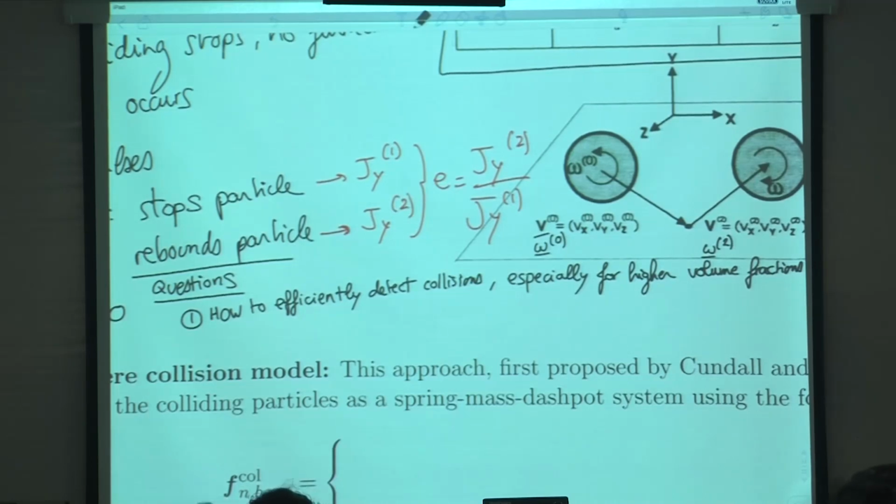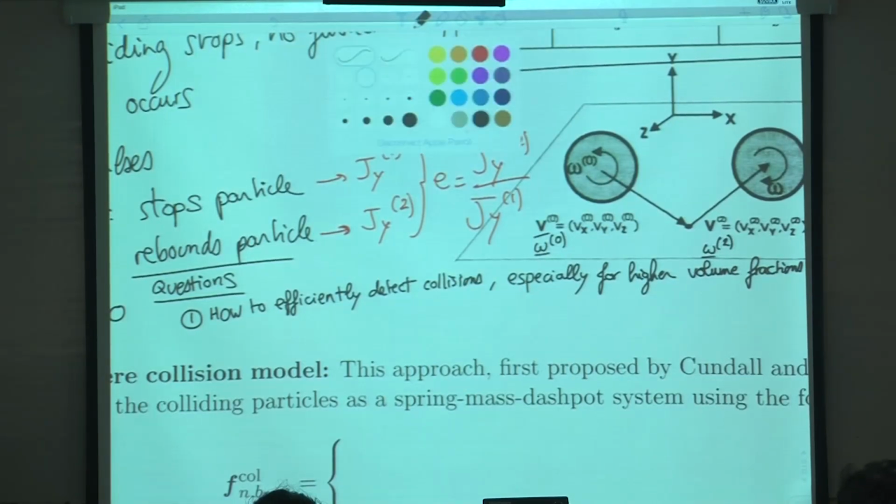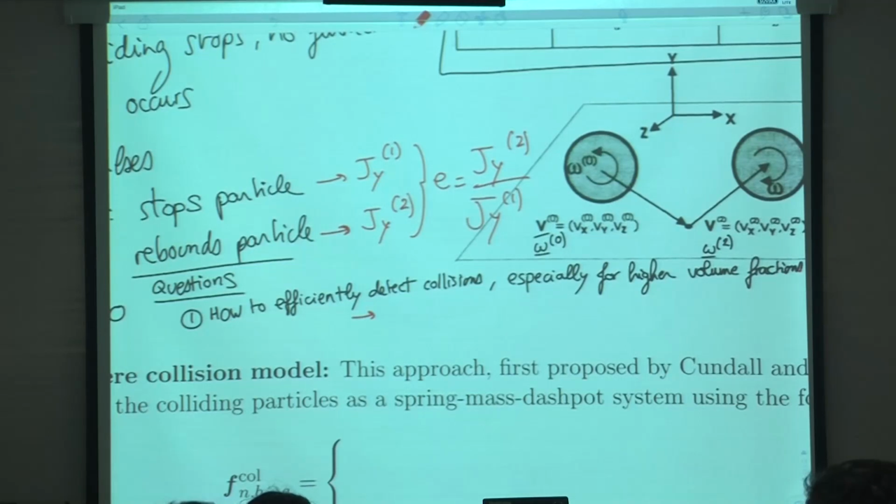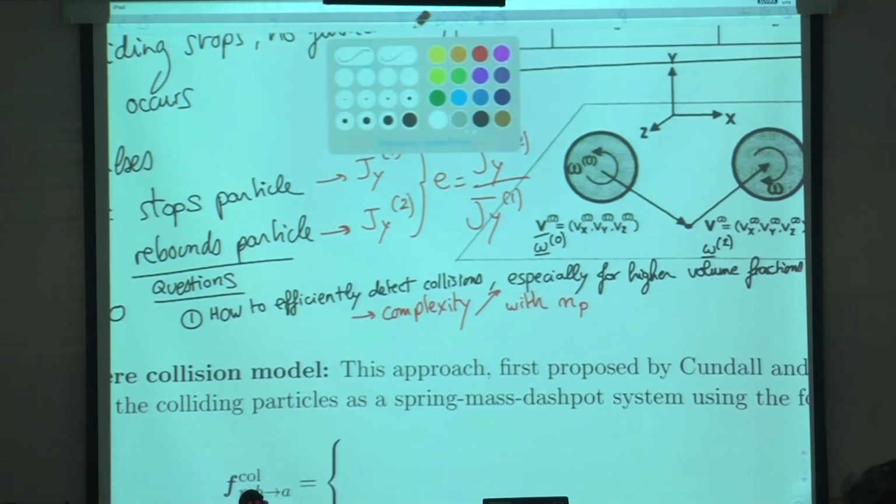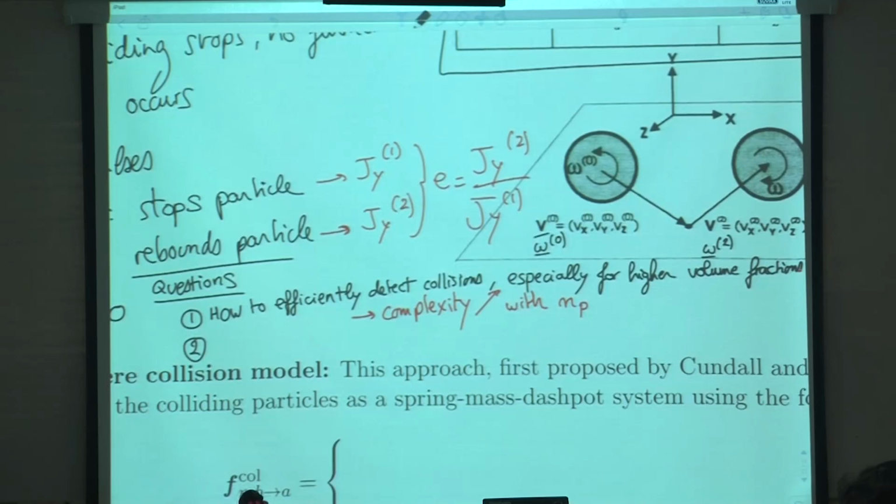That's one problem. Let me ask you a second problem. So I'll recast this first problem into maybe another perspective. That is essentially the complexity of the algorithm is going to increase rapidly with number of particles. That's essentially what it is. Complexity increases with N^2. The second problem with this method,